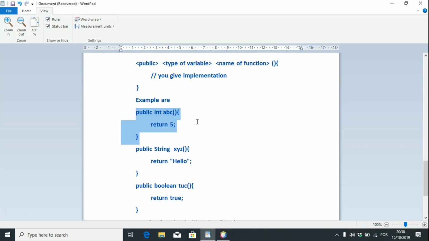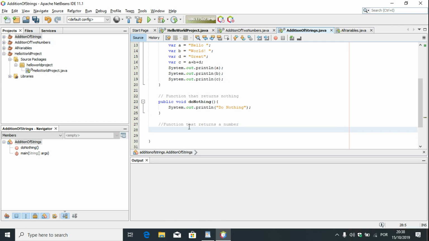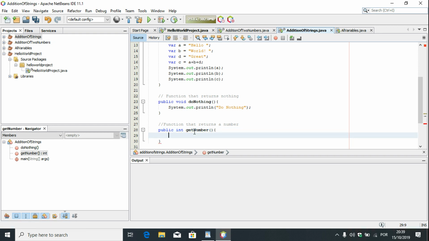So if we see our tutorial, it says public int abc return 5. So it is int and it is returning 5. Get number. We can also give the function a readable or understandable name. So get number, angle bracket open, angle bracket. When you press enter in Netbeans, it will automatically